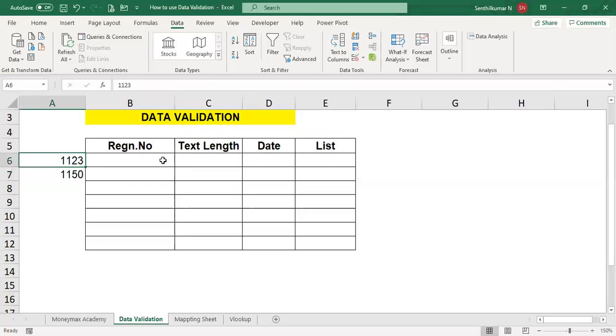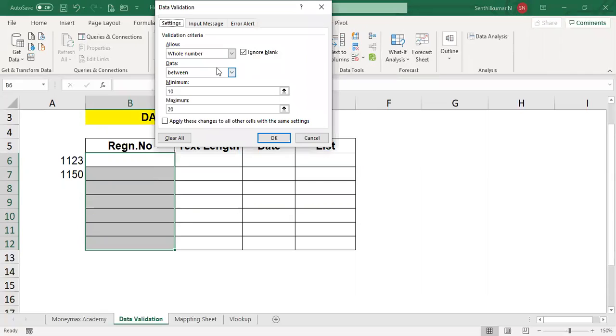Now you want to give the validation. You don't want to make any mistake in the registration number. Clear? Now what you have to do: select the data, go to Data Validation, Whole Number, between. You are going to accept only numbers from 1123 to 1150. Clear?